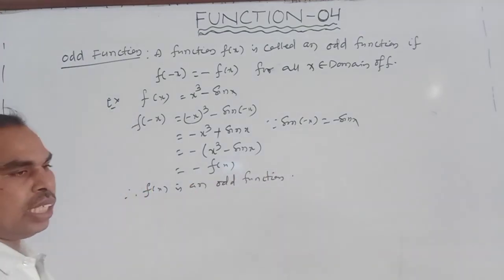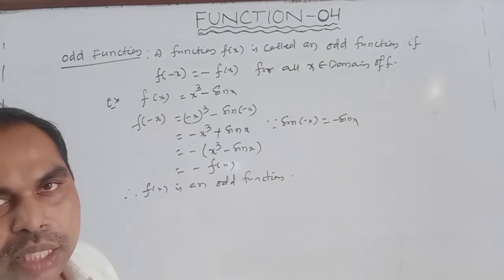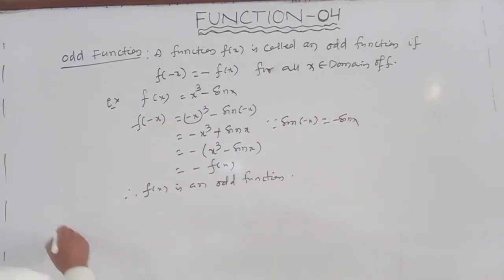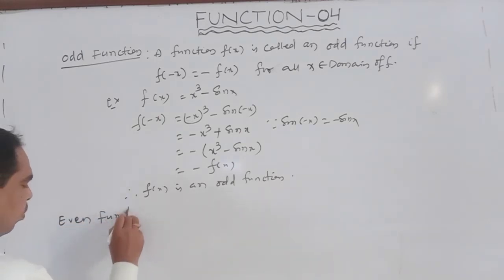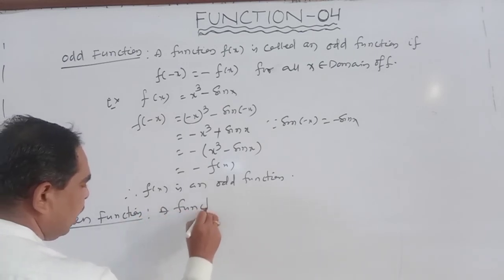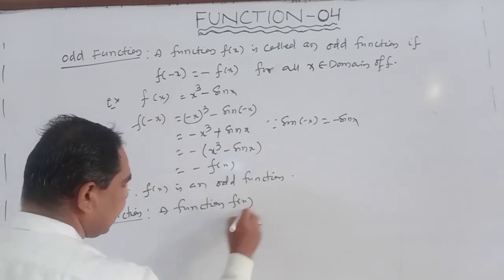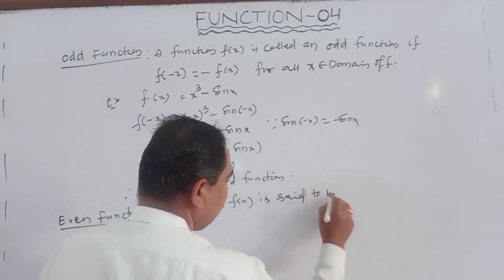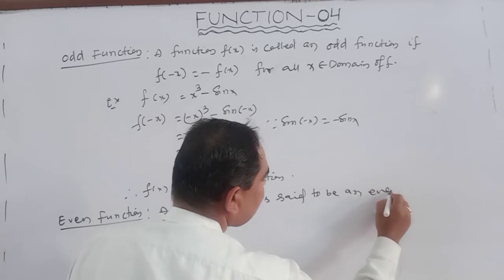तो x जगह माइनस एक्स पुट करवा तो माइनस एफ एक्स आसीगला तो फंक्शन कौन कह ऑड फंक्शन ओके। नेक्स्ट वन, इवन फंक्शन। A function f of x is said to be an even function